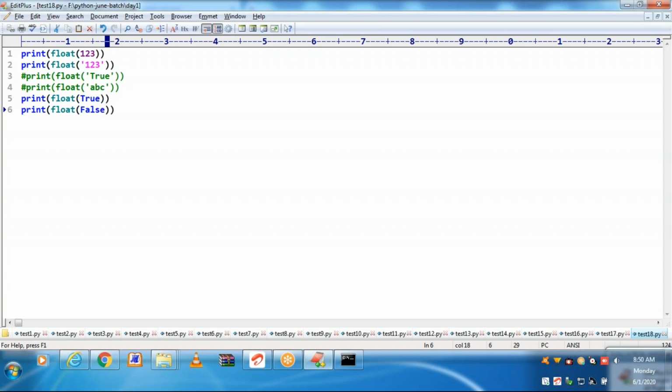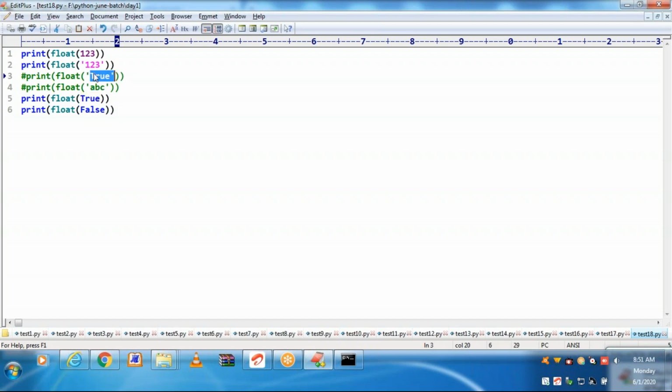If it is a string, it should contain numeric content. If it is a string, even though it is a boolean, you will be getting value error.